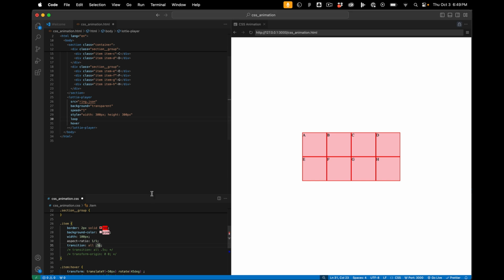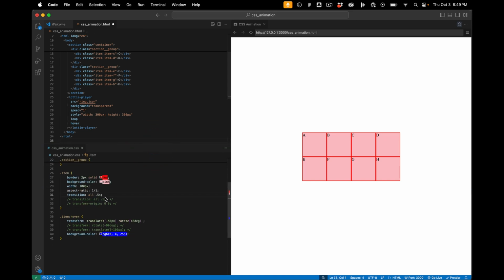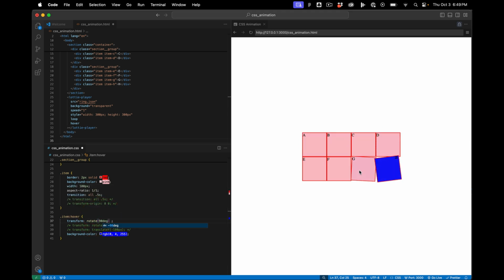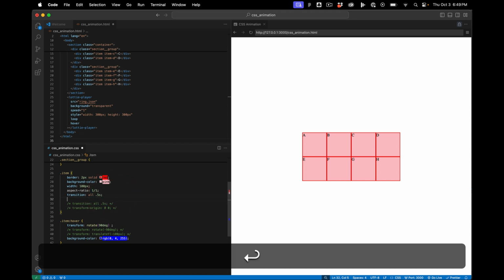So the last thing I want to talk about with transforms is where the pivot point is. So let's lose the translate. Let's make the rotate 90 degrees. So right now, by default, the pivot is in the center of the element. If we wanted to change that so it would pivot from different corners, what we would do is we would do